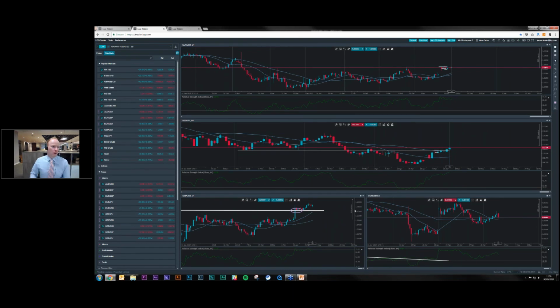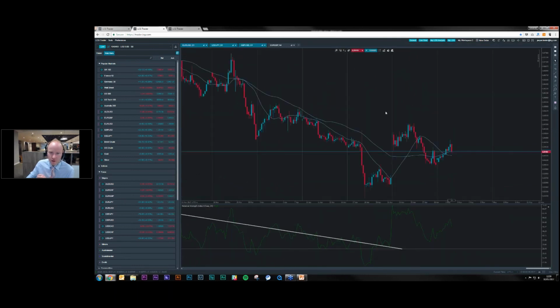So moving swiftly across to currencies. I did note at the start that we're getting a bit of a rebound in the pound, and noticeably here in euro sterling, which is not something I always cover, but it's just come off a very notable support here. So if I zoom out to our daily chart,